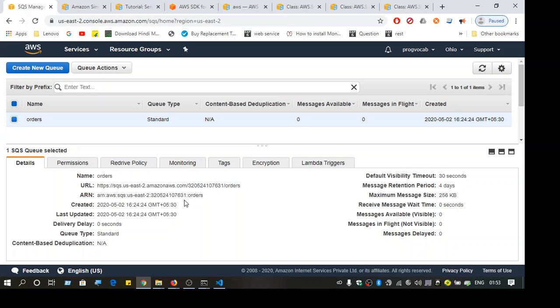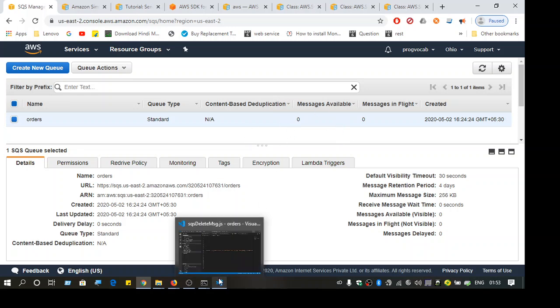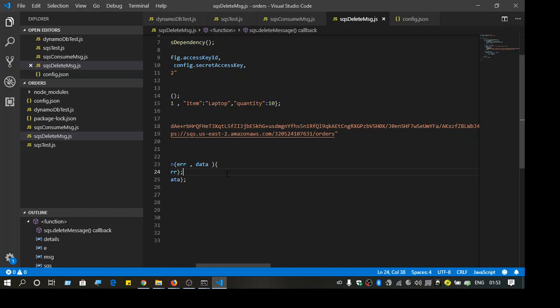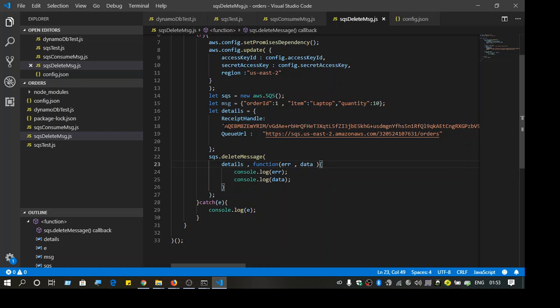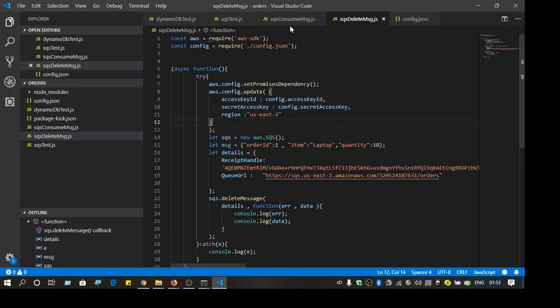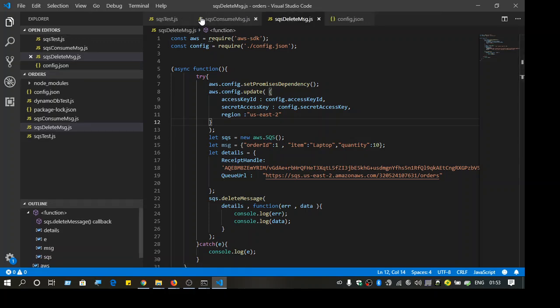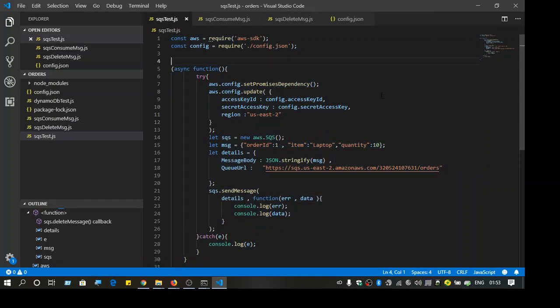Let's start with posting a message to this queue and see how this interacts. First, you need to have the Amazon SDK set up. Using the SDK we can post the messages, consume them, and then delete them. Let's start with posting the message. Here the dependencies are the Amazon SDK, so you need to import it, and then